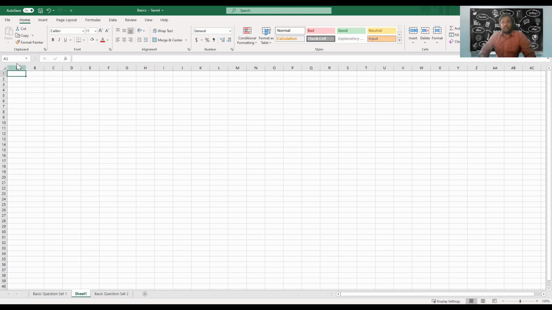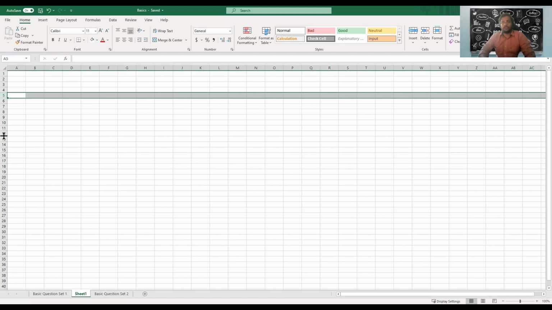So you see that A1 is a cell in Excel, and every cell has its own unique reference. So this is A1. If I click anywhere else, the unique reference for this cell will pop up over here in the upper left corner, J16. So how does this reference get populated? Excel creates columns which are called A, B, C, D, E, F, G, and then there are rows. So these are 1, 2, 3, 4, 5, 6, 7, like that.